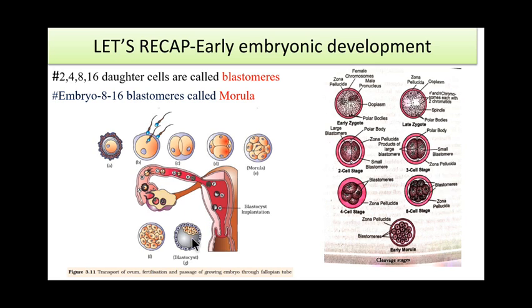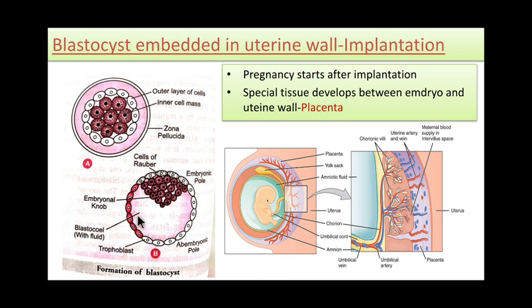That means the trophoblast layer gets attached to the cells of the endometrium, and the inner cell mass gives rise to the embryo. Here you can see this figure is very important. After the attachment, the cells of the endometrium divide rapidly and cover the blastocyst. Okay, and so the blastocyst gets embedded in the endometrium of the uterus, and this is called implantation. So implantation leads to pregnancy.